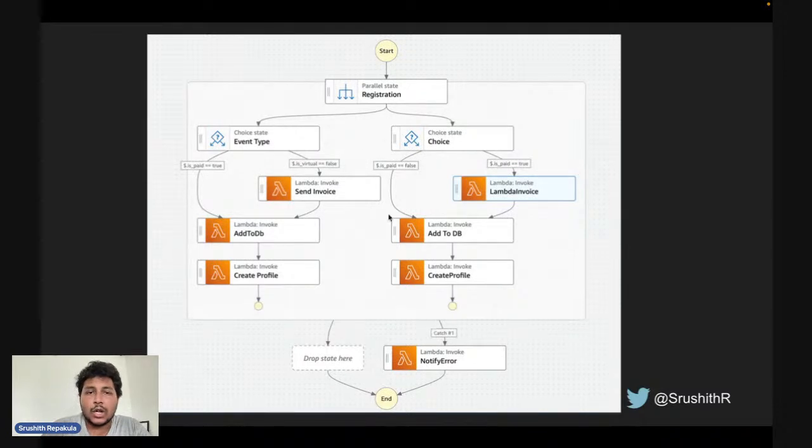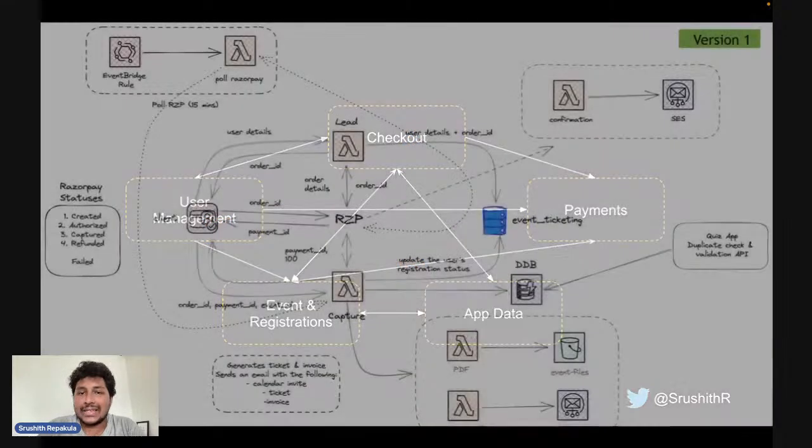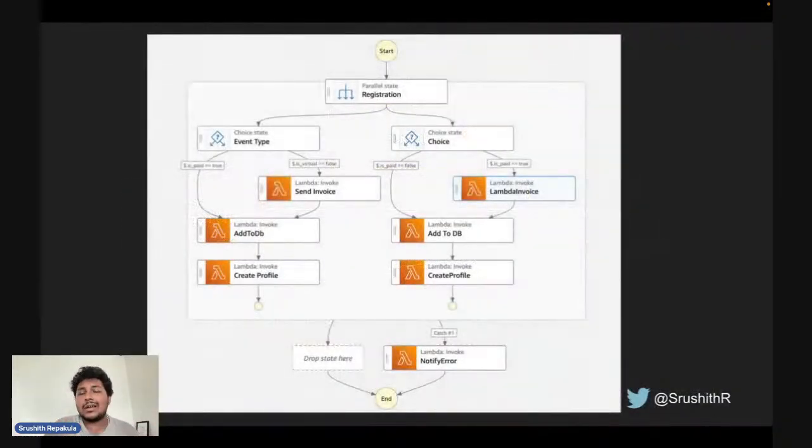Right, now there's a common catch block here, which is a notify error. So again, what is a catch block? As I mentioned, one of the important features of Step Functions is retries and error handling, right? So we can have a catch block for any specific state. I can say catch the error from this lambda function, and I want to handle it differently, right? So there are some scenarios like that that can be handled. And if anything fails here, I have a common catch block, and independent services also can have their own catch blocks or retries, so that they can implement it how they want, right? So that is, on a high level, how we untangled this into a much cleaner,